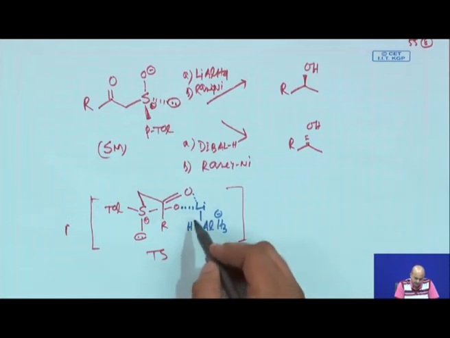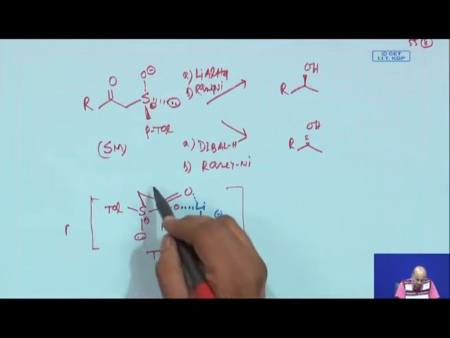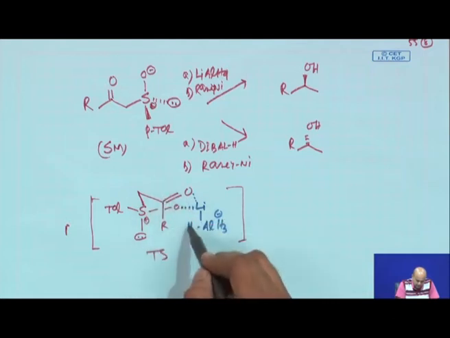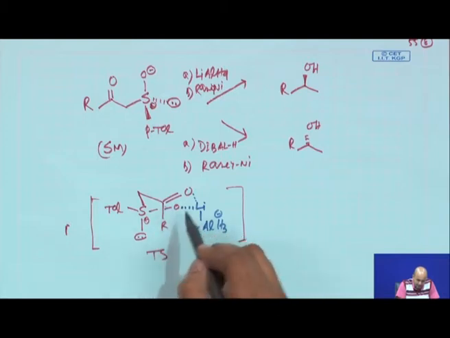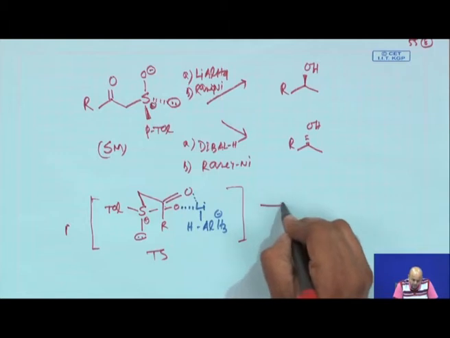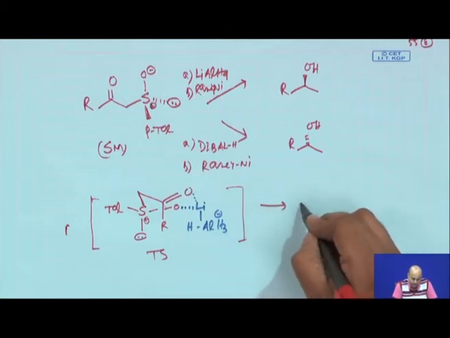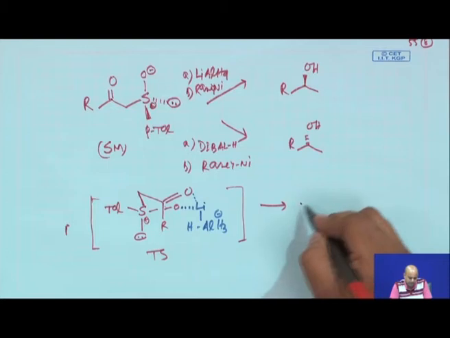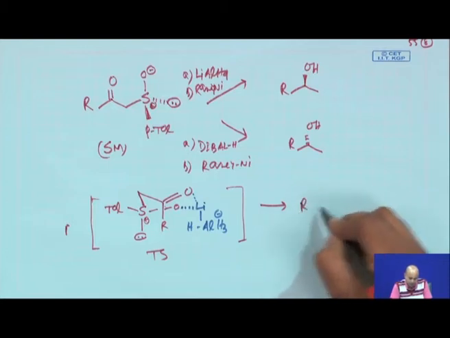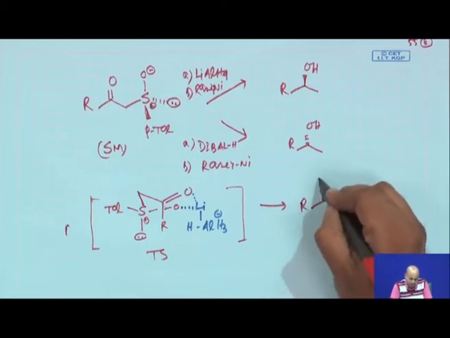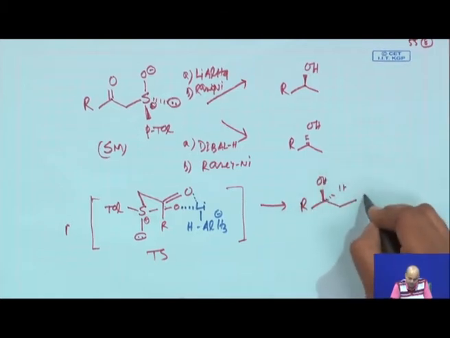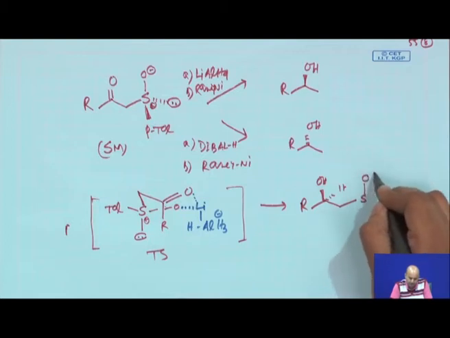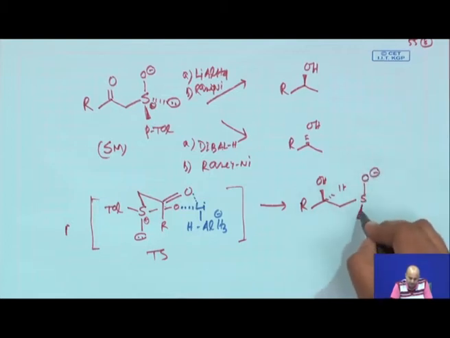It will absolutely attack from this back side of the carbonyl, to give you a product where I will now write the hydrogen from the back side, keeping the sulfur intact, the paratoluene